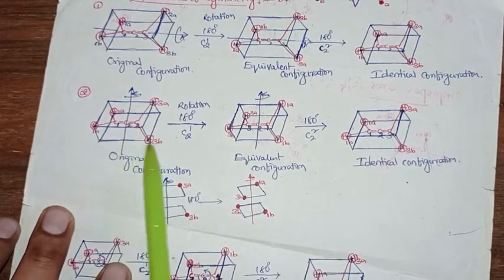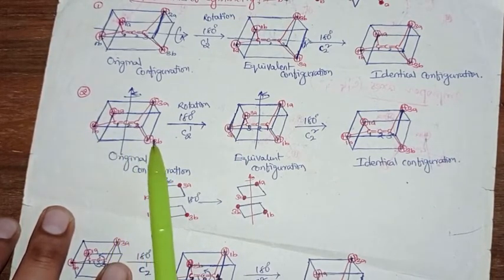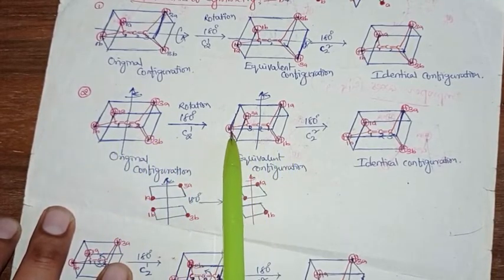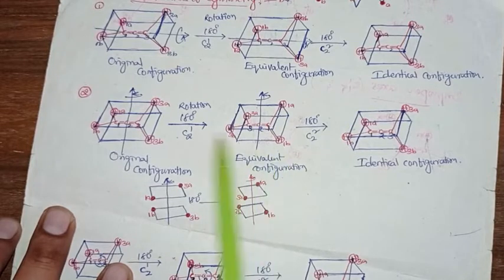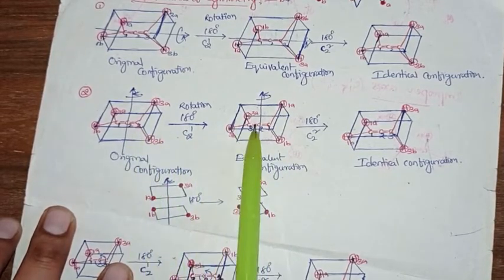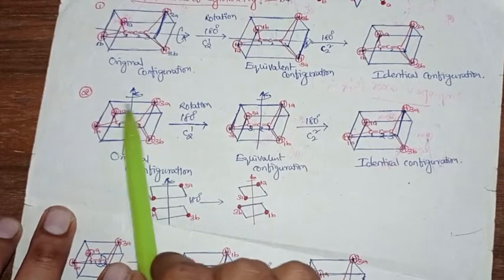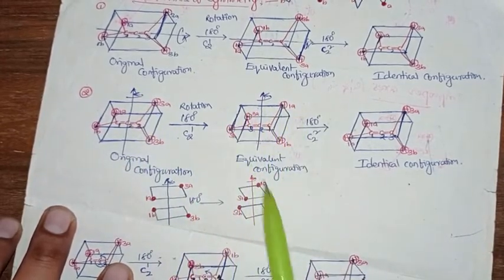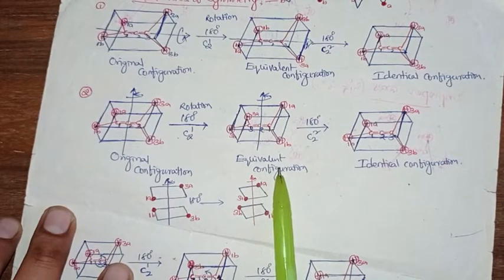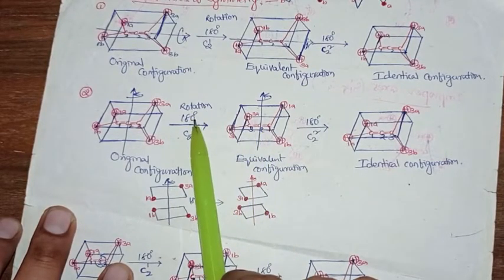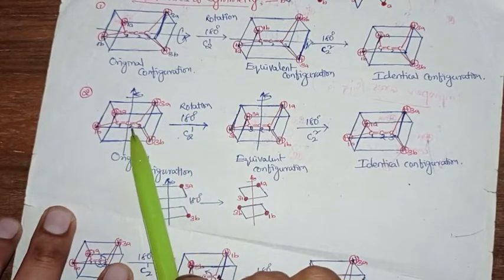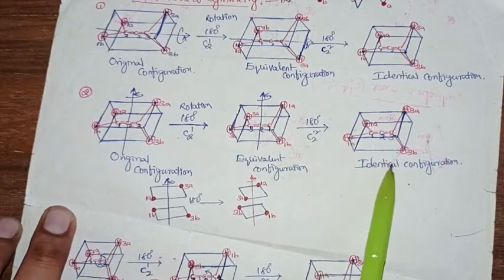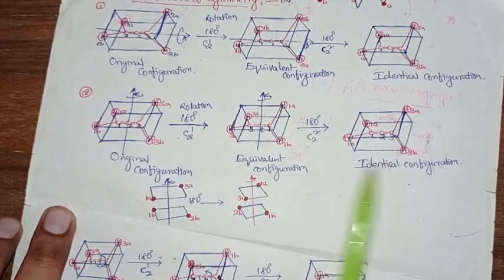the below hydrogens, H1b and H3b, also exchange their positions, where here H3b and here H1b will come. So in comparison, again the similar atoms H are replaced and carbons are replaced. So far this particular configuration is an equivalent configuration. Generating an equivalent configuration with 180 degrees of rotation, thus the axis will be called a second fold rotational axis. Doing it a second time gives an identical configuration, right.